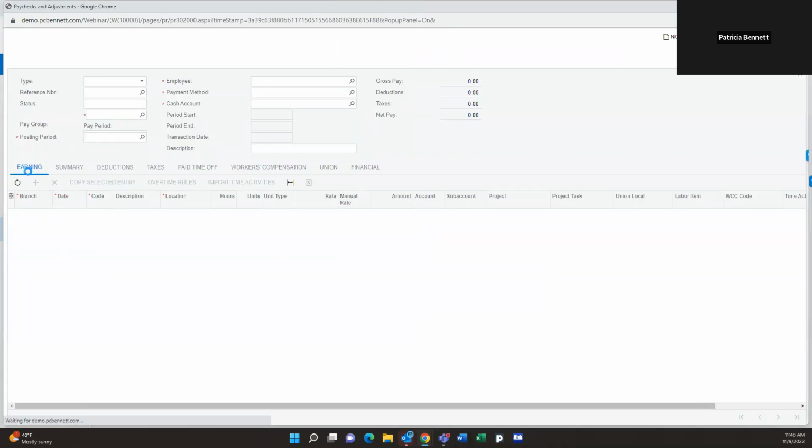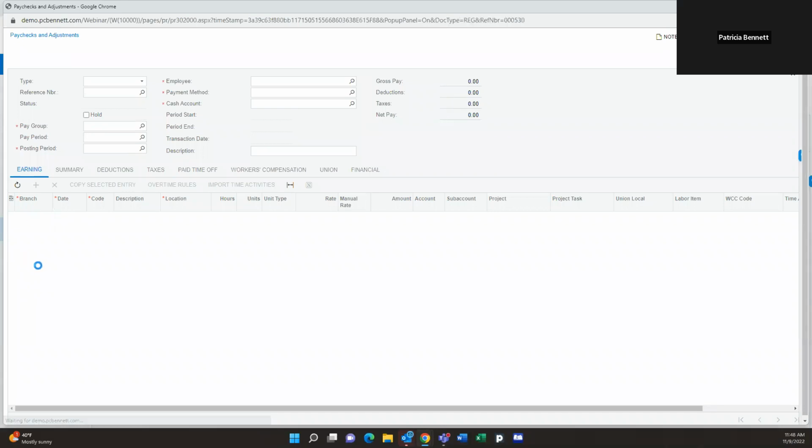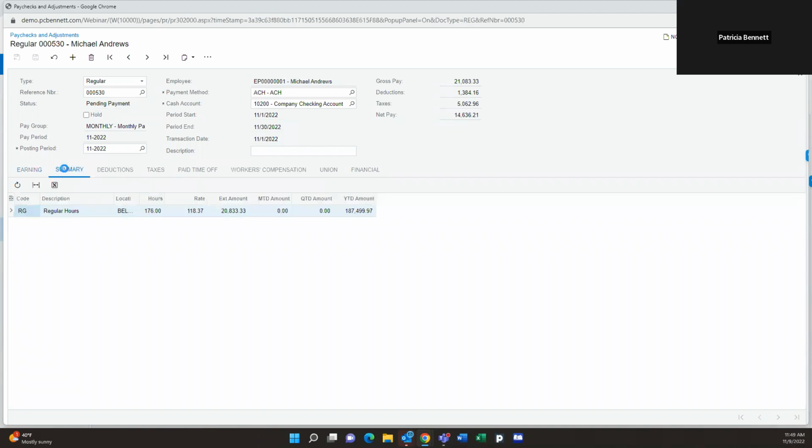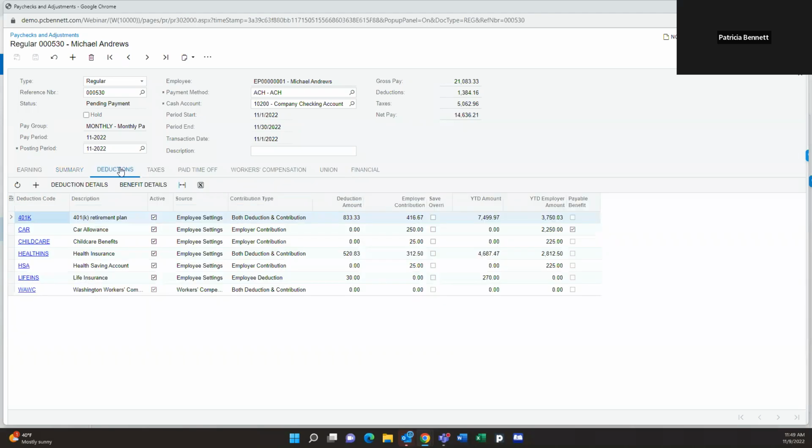And here it gives me the summary. So this is the total amount of hours and dollars for the detail, sorry. So for each day, how many hours, how many dollars, and all the information required. If I go to summary, then it shows me that it was 176 hours. That was the rate, and that's the total amount. And that's my month to date amount, quarter to date, and year to date. My deductions,